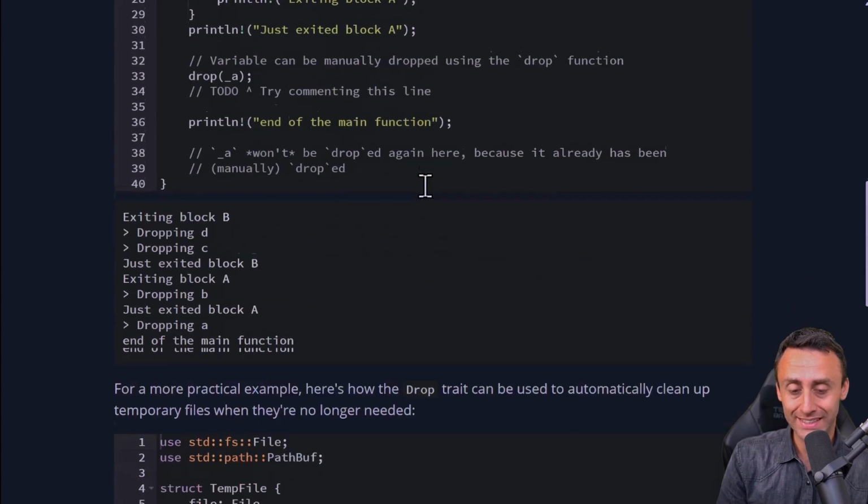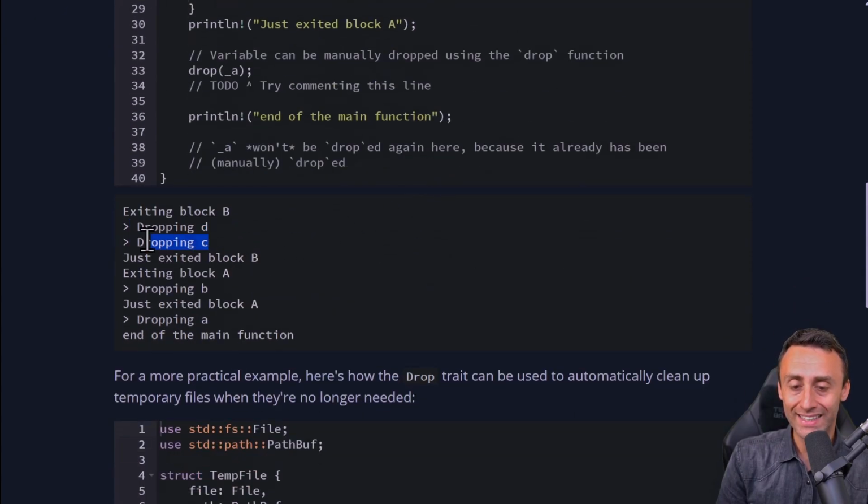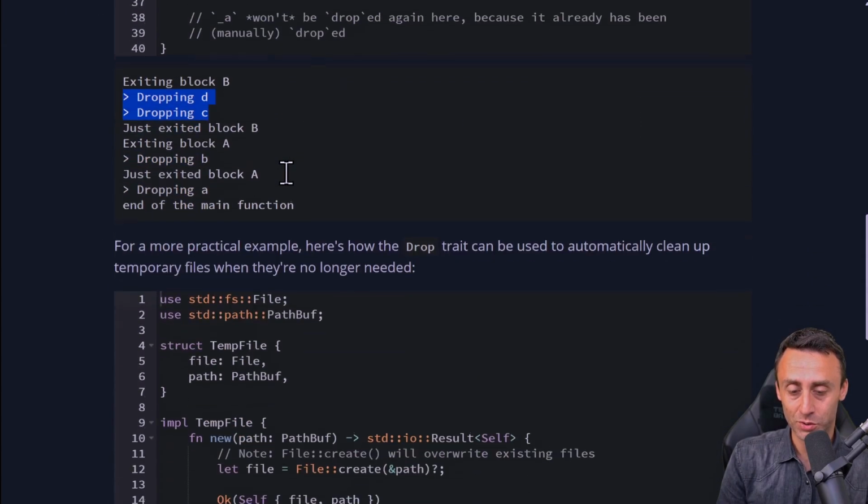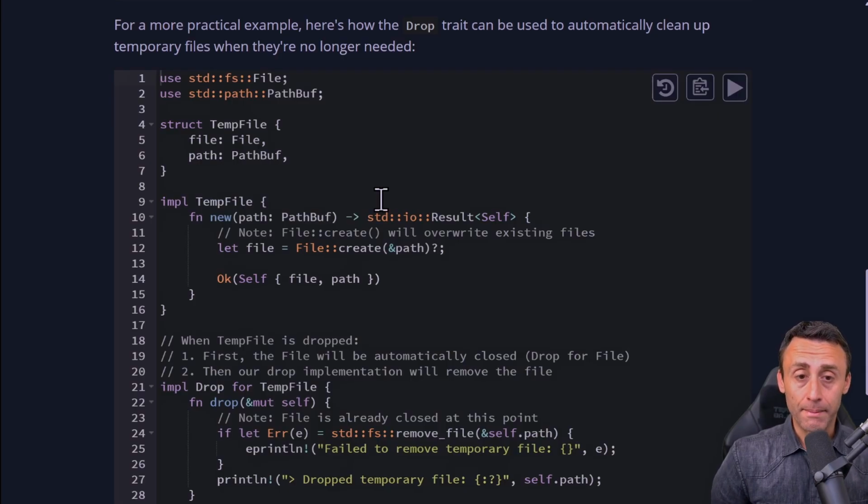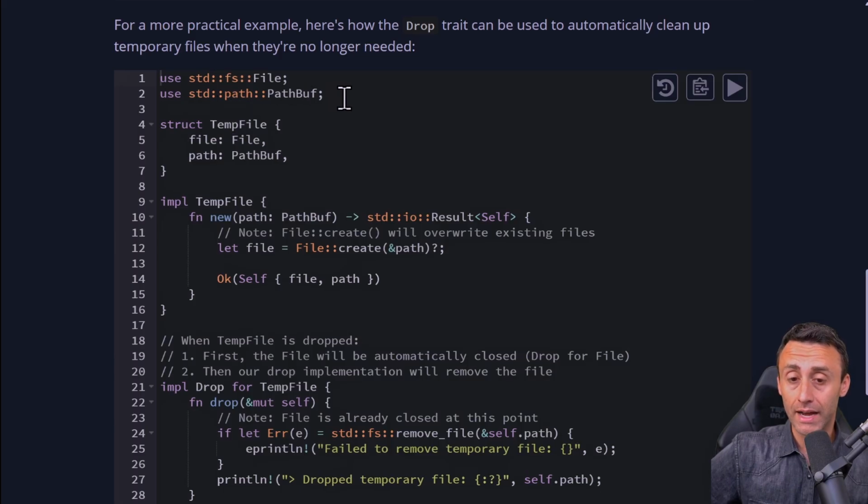Yes, as you can see here, you can actually see when this has been dropped. Useful. Let's see a more practical example. Here is how the drop trait can be used to, for example, automatically clean up some temporary files no longer